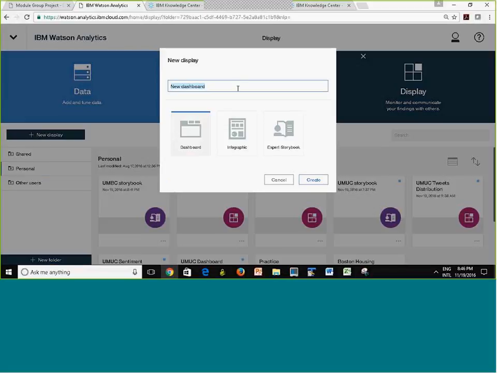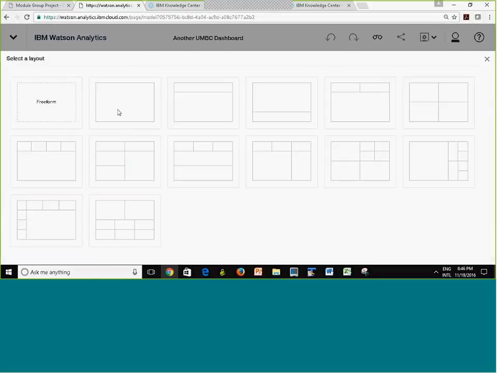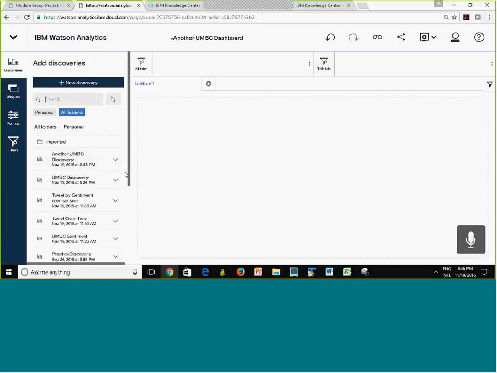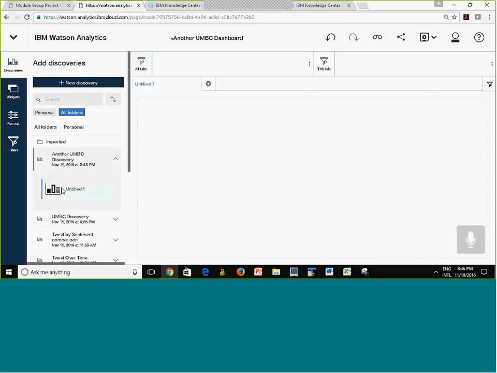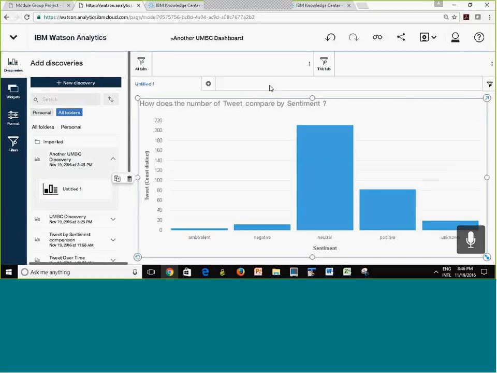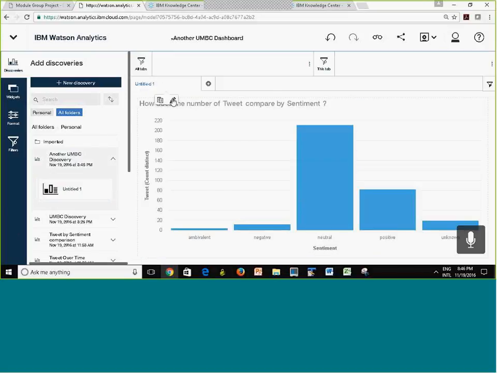New display, new dashboard, another UMBC dashboard, right? And I'm gonna go ahead and hit create, and I'm gonna just do one slide. And what I'll do is personal, right? And this is what it is. I'm just gonna drag and drop in here. There we go, right? And here I'm gonna just say another